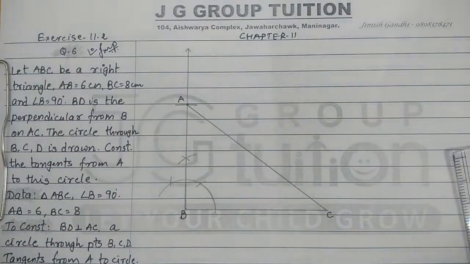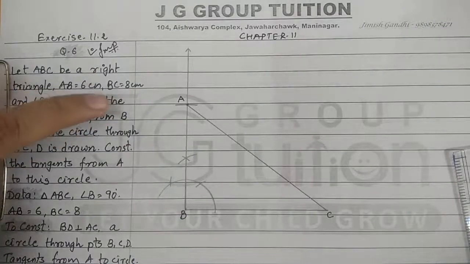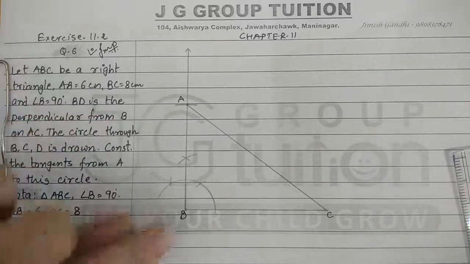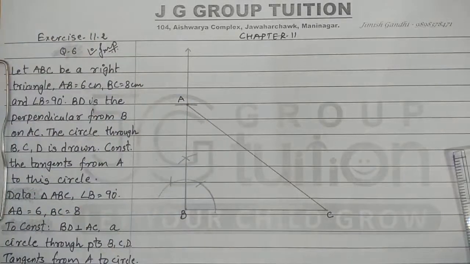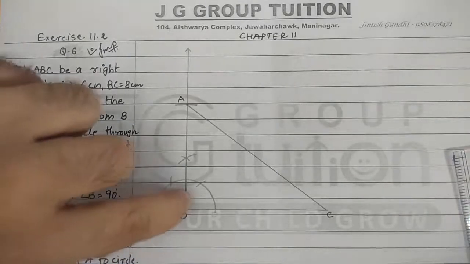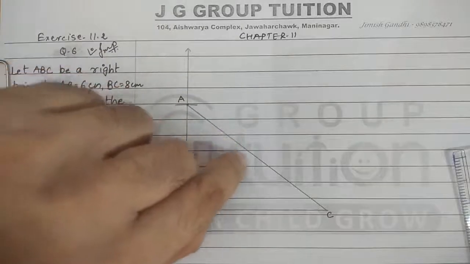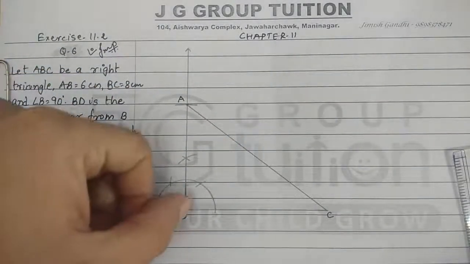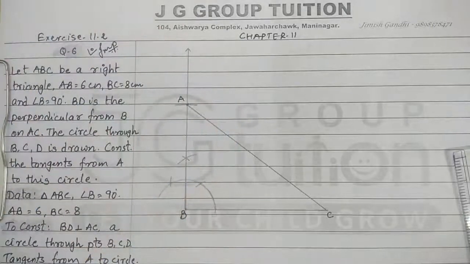Now the second and the most important part. We have to construct BD perpendicular from B on AC. मतलब यहाँ से इधर perpendicular बनाना है. Students समझ लो, perpendicular is forming a right angle. यहाँ से एक लाइन सेगमेंट ऐसी बनानी है जो AC को right angle मतलब 90 डिग्री पे इंटरसेक्ट करे. तो यहाँ से इधर राइट एंगल बनाना है.